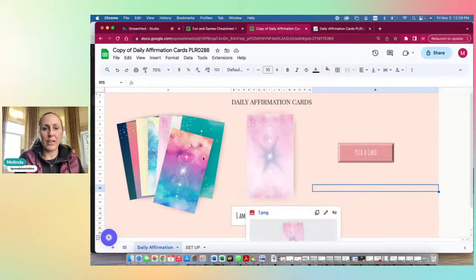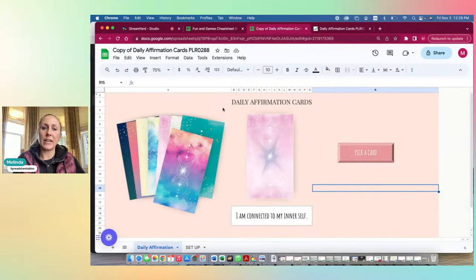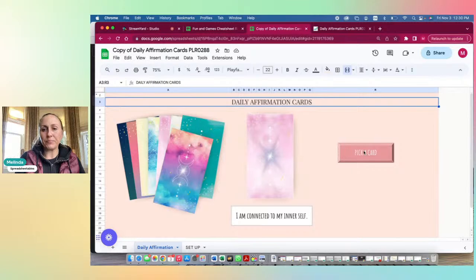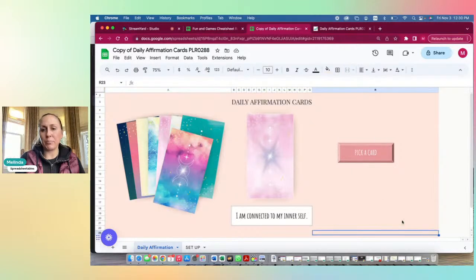So this is a daily affirmation cards spreadsheet that you can have. This would be a great standalone product, or you can bundle it in if you have a coaching program or a membership and you're working with your clients on mindset or any related fields. You could add this into the membership or your coaching program. This would make a great lead magnet for a lot of different businesses, and also a standalone product. So in here, we've got this button where you can pick a card, and it's going to run an app